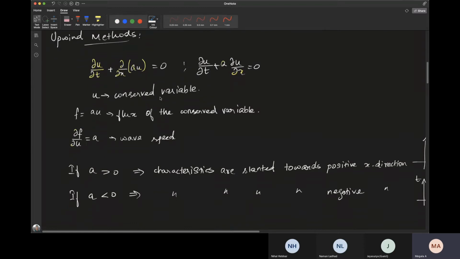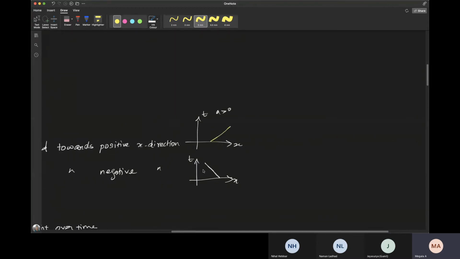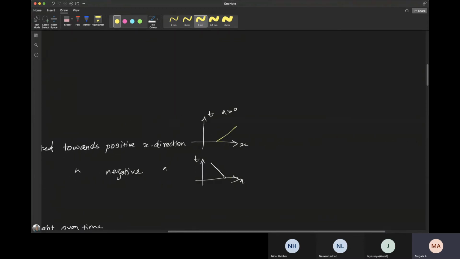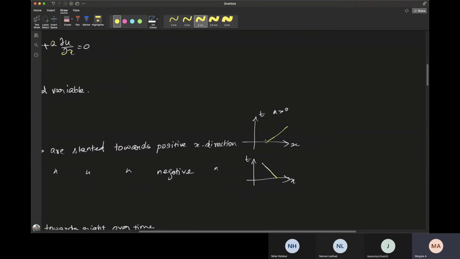So we have drawn characteristics initially. Like we saw how to plot the characteristics, and we saw traveling wave solutions for this linear convection equation. Basically, if a is greater than 0, then in the xt plane your characteristics will be slanted towards the positive x direction. And if a is less than 0, your characteristics in the xt plane will be slanted in the negative x direction. We have made enough arguments about how the solution at the initial point will be the same along the characteristics.